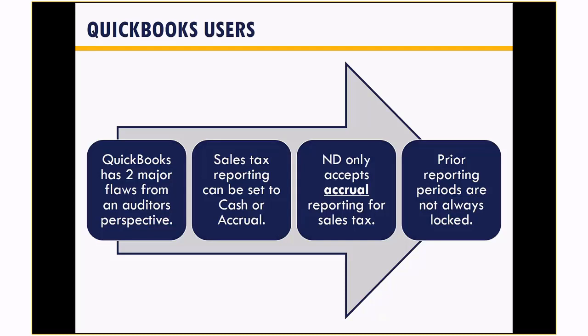But some folks run their financials on one and inadvertently run their sales tax reporting on the other. Some states only accept accrual. North Dakota is one of them. I believe South Dakota is the same. You can end up with books showing one thing, sales tax reports showing another. It's all largely just a timing issue, but it can be very confusing to figure out in the beginning.